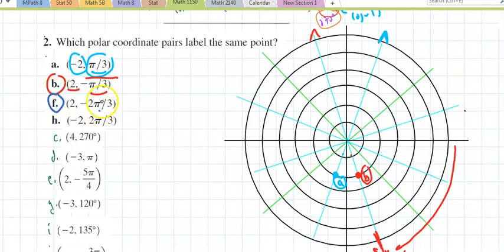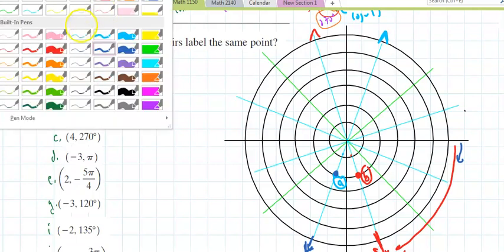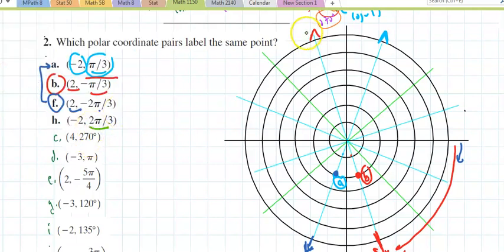If I look at F, rotate to negative 2 pi over 3. Well, in negative rotation, this is negative 2 pi over 3. Now I'm pointing in this direction. Since r is positive, I move 2 units right there. And guess what? Those two coordinates happen to be exactly the same. And if I rotate to 2 pi over 3, 2 pi over 3 is right there. And since r is negative, I'm going to move in the opposite direction, and those two turn out to be exactly the same location. Now, I picked some problems on my own since the book doesn't have enough, and we'd